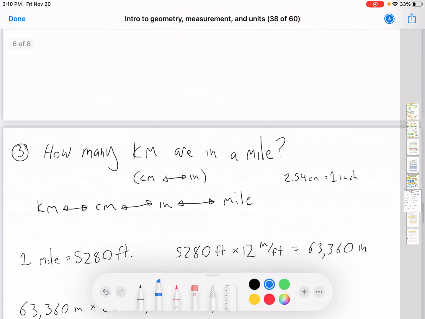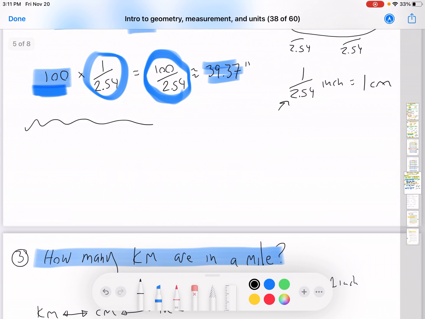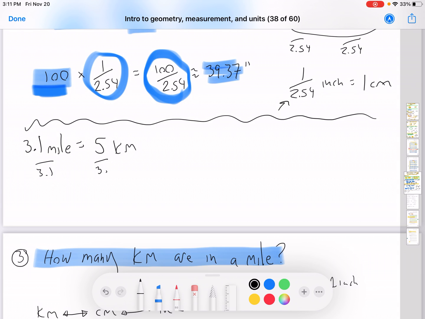All right, now here's another question. It says, how many kilometers are in a mile? It's a question that I often wondered, so let's just scribble this out really quick. Now, I remember seeing in races, oftentimes there's races that say it's like a 5K race, but that's the same thing. They always say 5K or 3.1 miles, but it's not exact. That's just an approximation. If I want to know the number of kilometers in a mile, well, if I divide both sides by 3.1, I will get 1 mile equals,